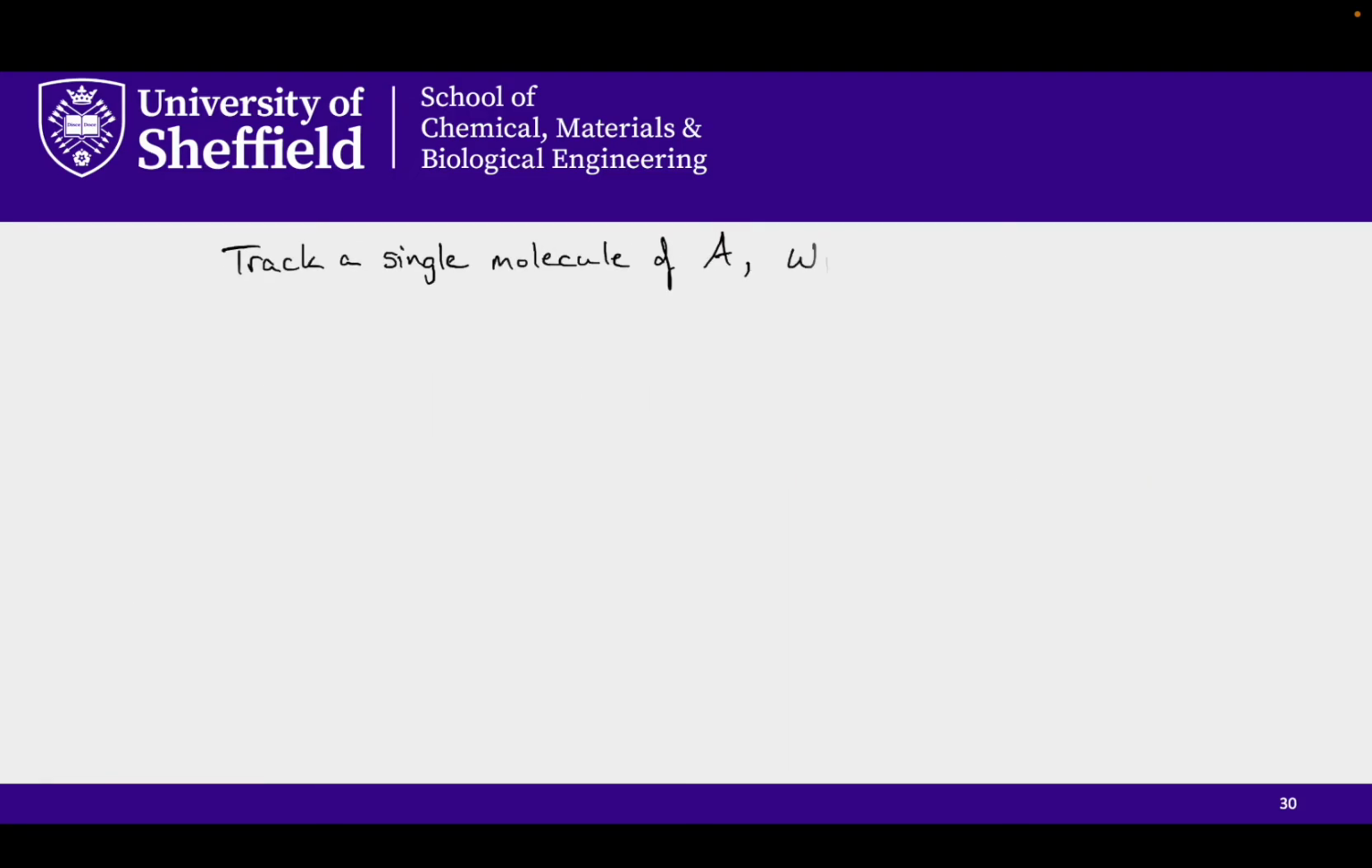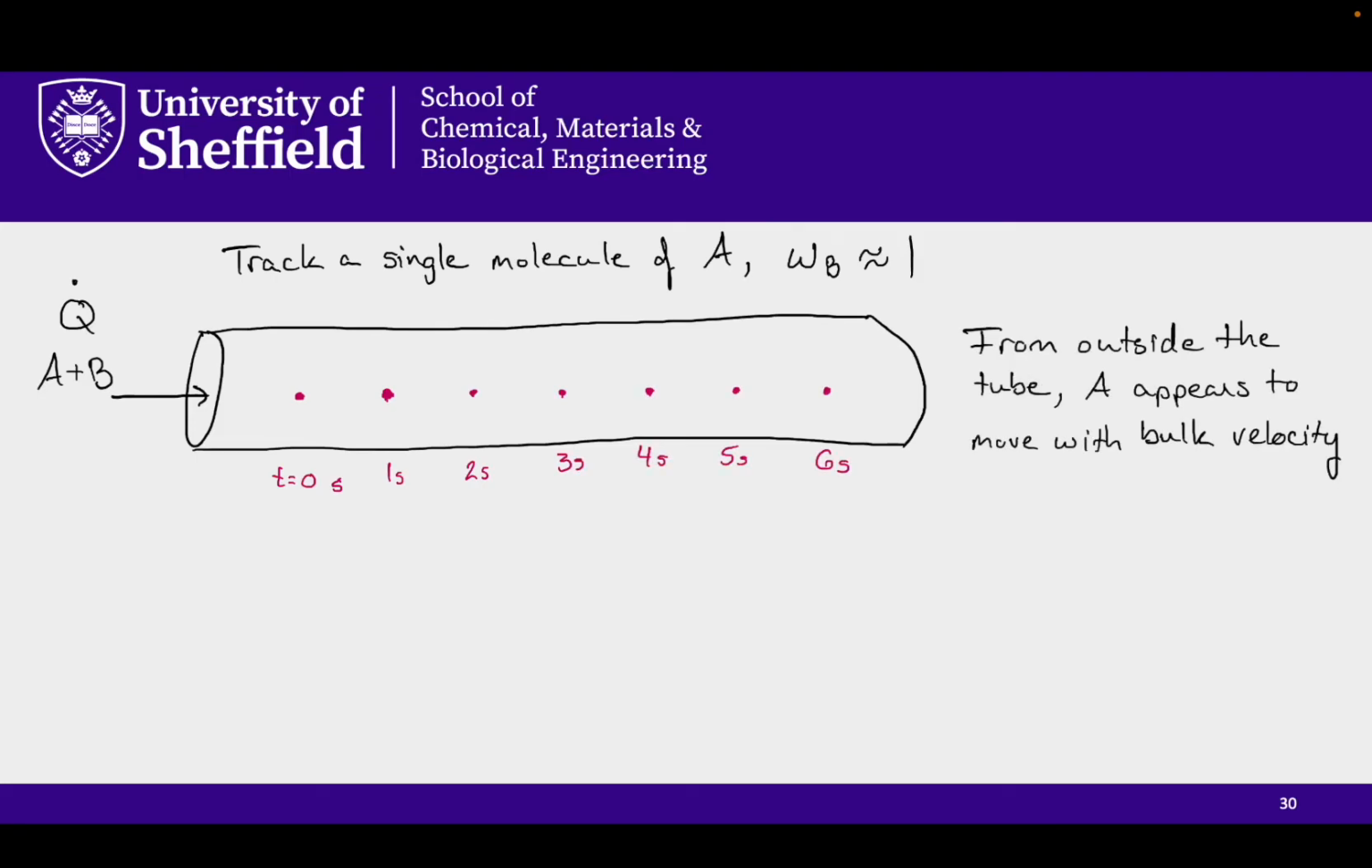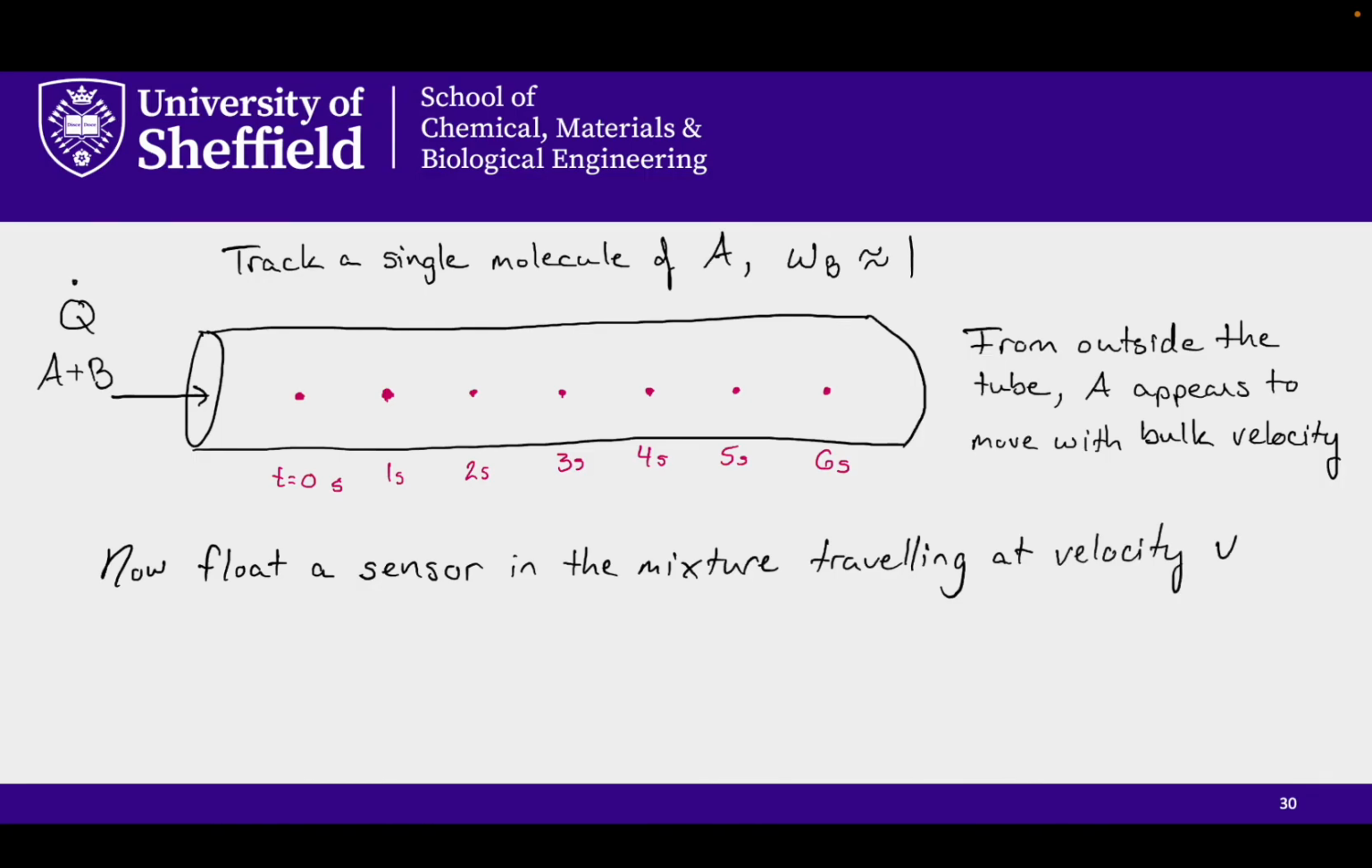And so to visualize this, let's track a single molecule of A in a diffusive situation where the bulk of the fluid comprises B. So the mass fraction of B is just about 1. So here's a tube, and as we track a particle of A over time, we see from the outside that A appears to move with the bulk velocity of the fluid. Now, if we were to float a sensor within the mixture traveling at the same velocity, the bulk velocity V,